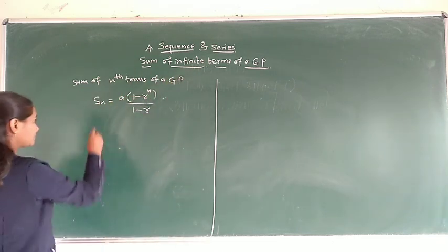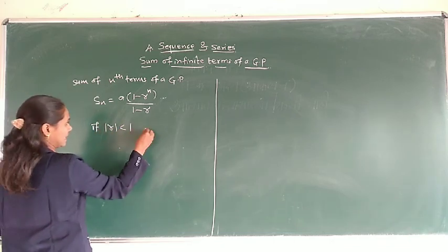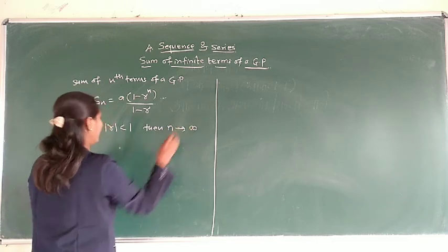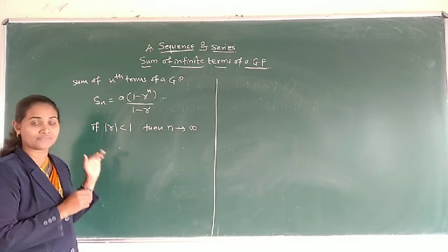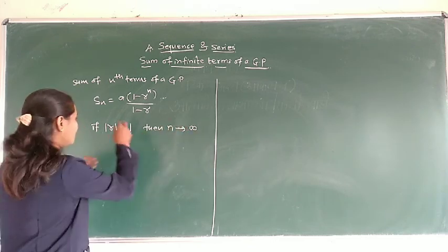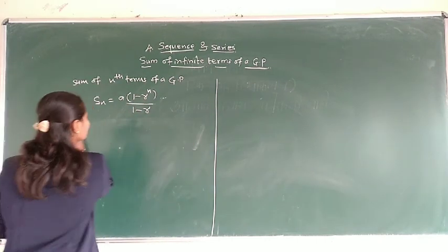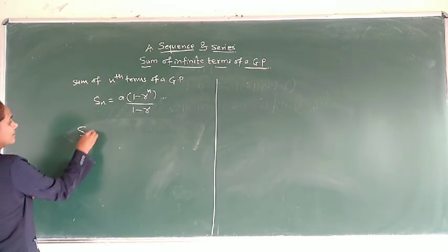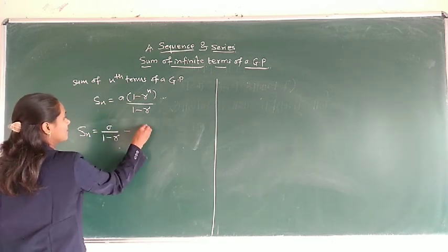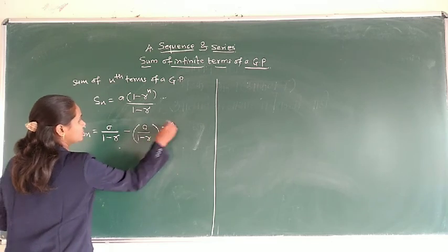So let us see. If modulus r is less than 1, then n tends to infinity. So first we split this function as a upon 1 minus r minus a into 1 minus r into r to the power n. Now